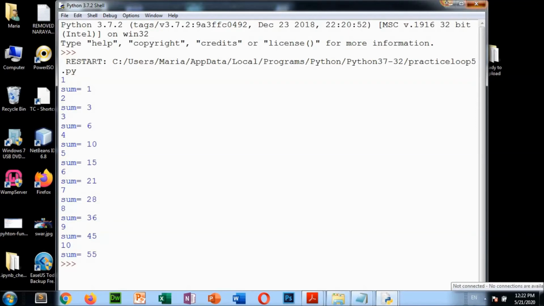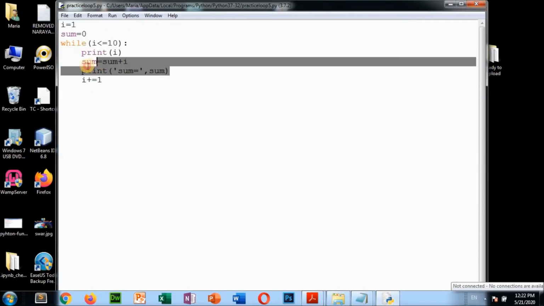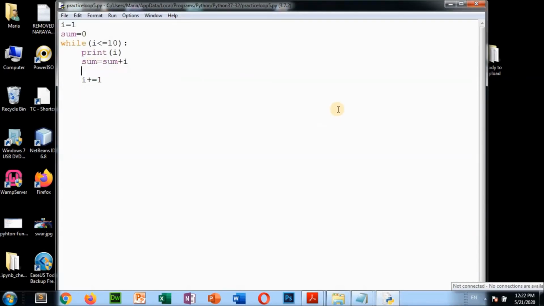Okay. So no need to write this statement inside the loop. You have to write this statement outside of the loop. Outside of the loop means here it will display your sum one time. Okay. So these are some of the looping programs that I have done for you. So you can practice these programs, and these are while loop programs.